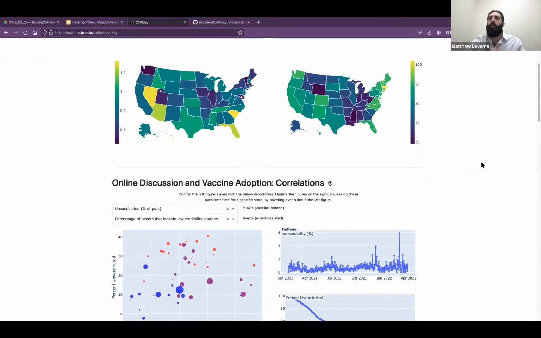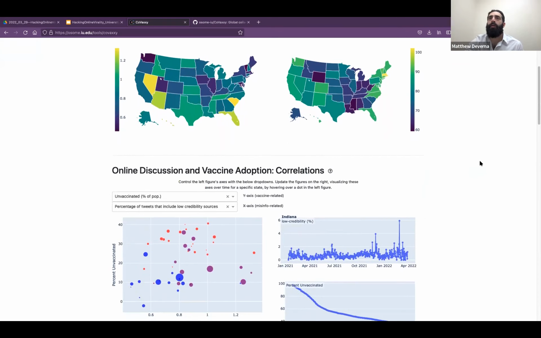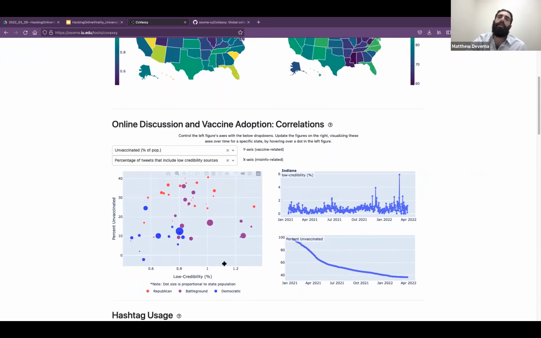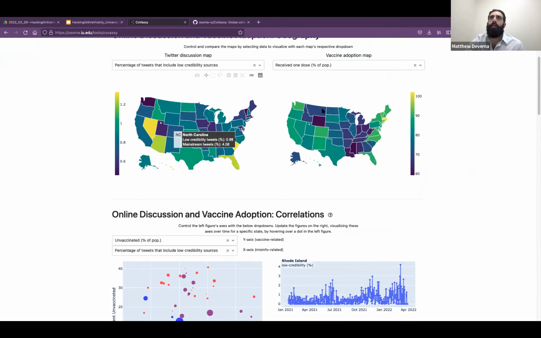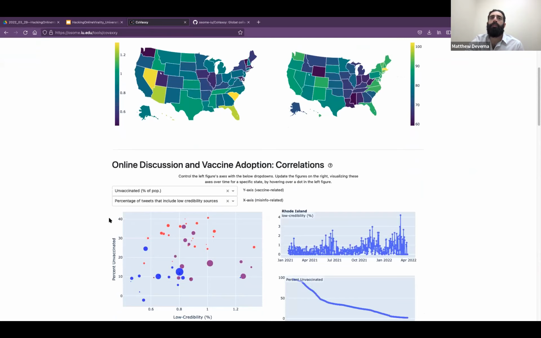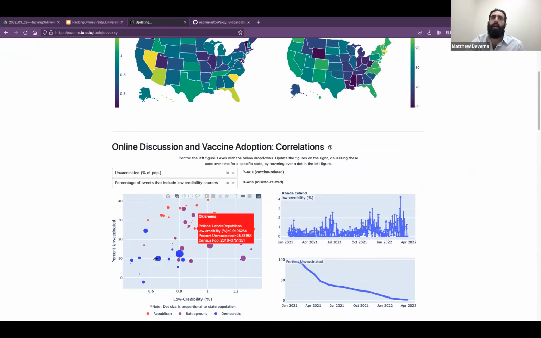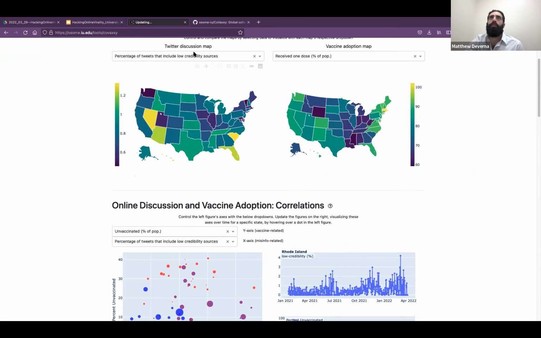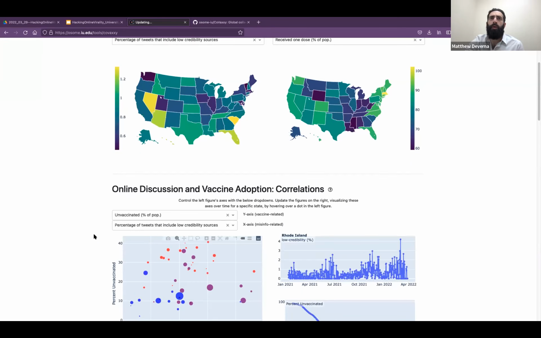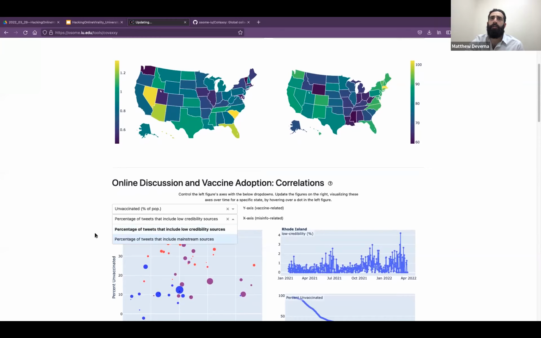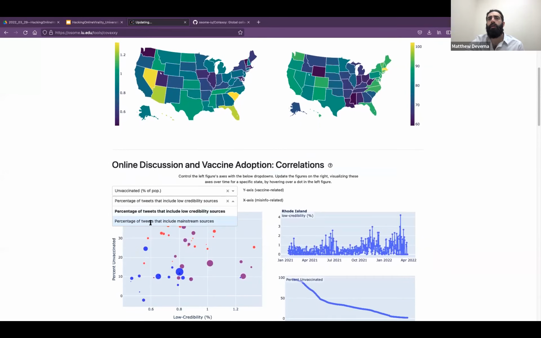Me personally, I find the side-by-side graph and map can be kind of difficult. So we put this information into a different representation here. Basically all the drop downs that we see from these two maps tie directly to this scatter plot here. So instead of the Twitter discussion map, we have the x-axis essentially, and we can select the same different drop downs here. And as we update the,